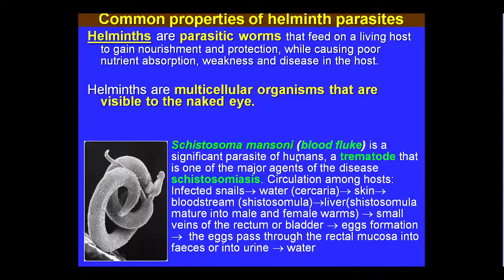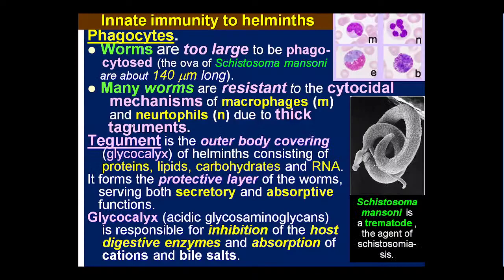And a few words about helminths. Helminths, in contrast to all other pathogens that we described before, are very large organisms. For example, worms are too large to be phagocytosed effectively. For example, ova of Schistosoma mansoni, the blood fluke you see here, are about 140 micrometers long. Due to this, many worms are resistant to the cytocidal mechanisms of macrophages and neutrophils,